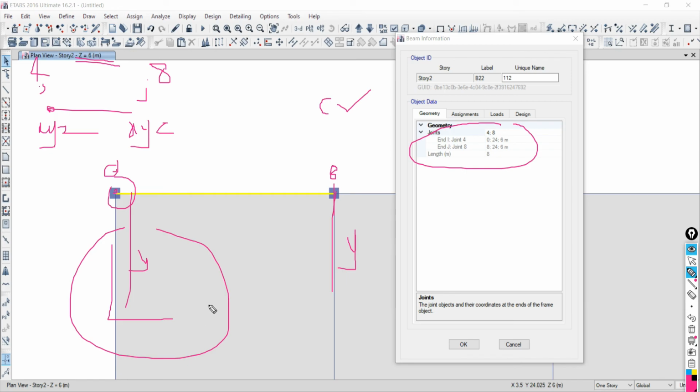Yes, sir. Hello. They are. Yes, they are both at the same level. Y is 24,